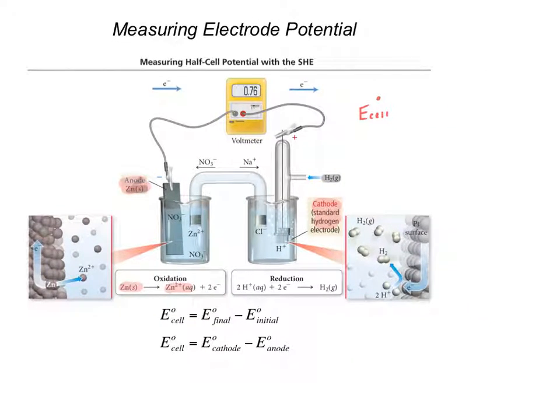So if we're measuring the cell potential, our final state, this is E final minus E initial, our final state is the potential of the cathode, right? Our initial state, where it started, was the anode. So the cell potential is defined as the standard reduction potential of the cathode minus the standard reduction potential of the anode,